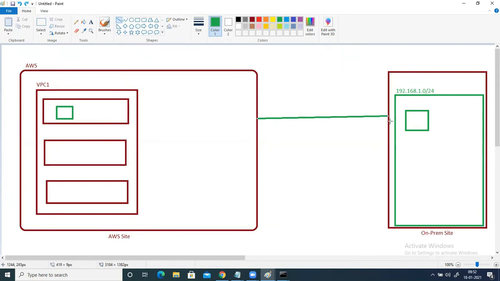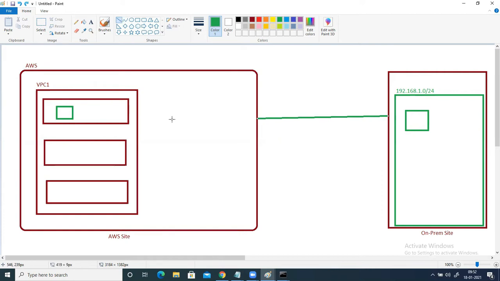In this case, I do not have a real on-prem site, so we are going to assume that we have one, and accordingly we will do the configuration inside our AWS infrastructure. We will do everything, but the last-mile connectivity we will not be able to do.